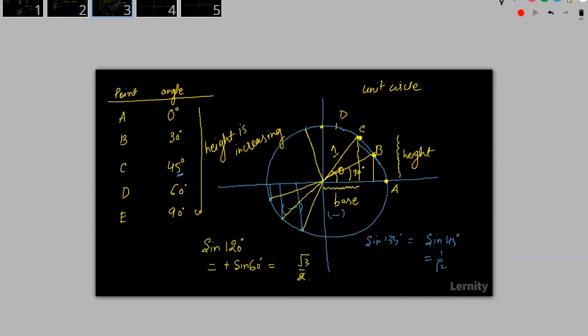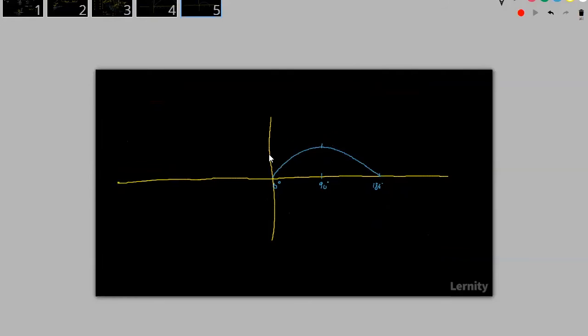But here, because it is negative, what is happening? So afterwards when it moves from 180, it will move exactly in the same way, but it will move down. Now again it will come up and it will meet. So this was 180, then this angle will be 270 degrees, and this is 360 degrees, and this is minus 1. This value is 1, y equals 1, and this is y equals minus 1. So what is happening on the right side?